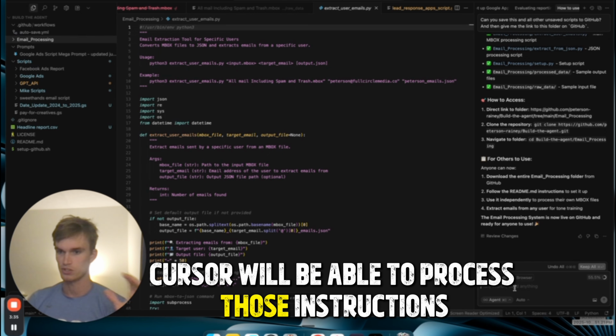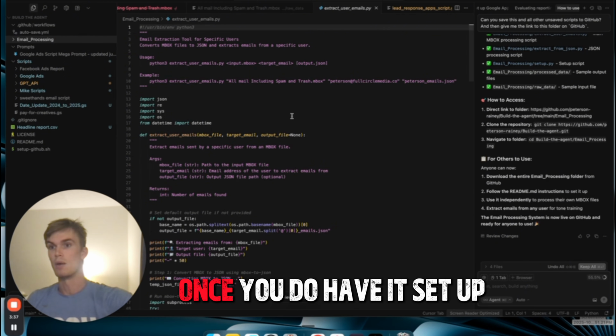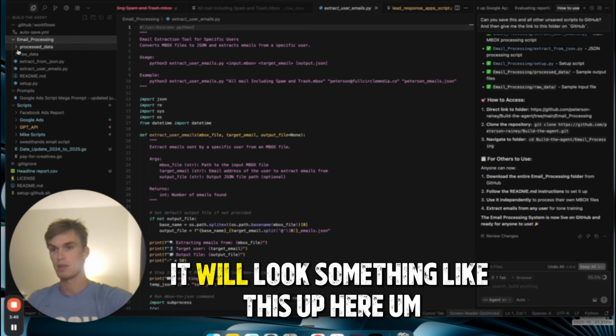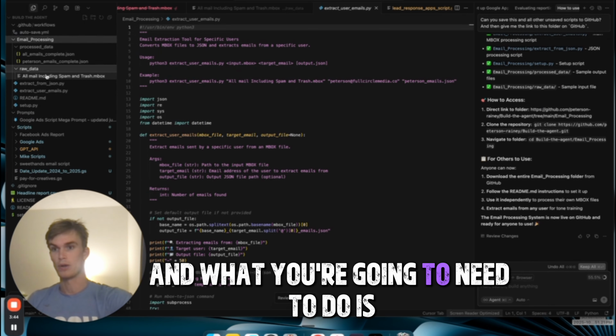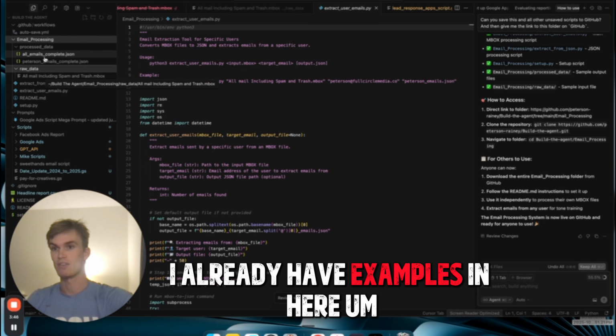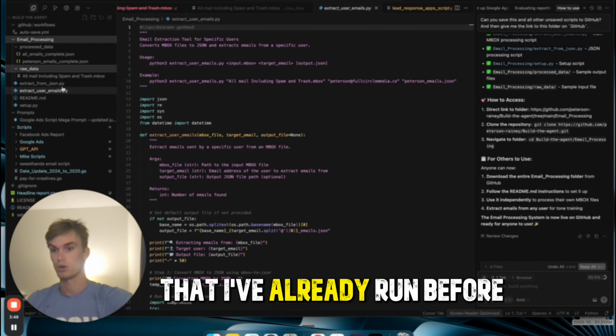Cursor will be able to process those instructions and get it running. Once you do have it set up, it will look something like this up here. And what you're going to need to do is, I already have examples in here that I've already run before,